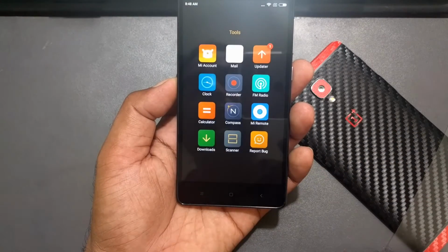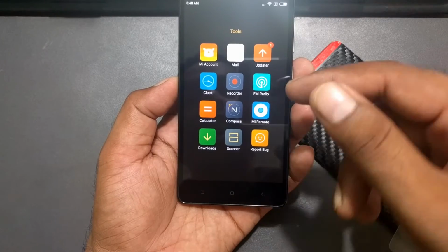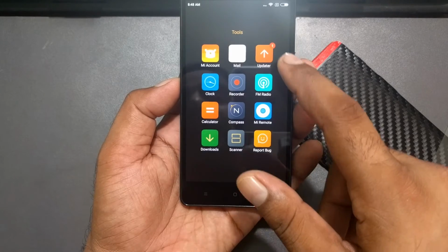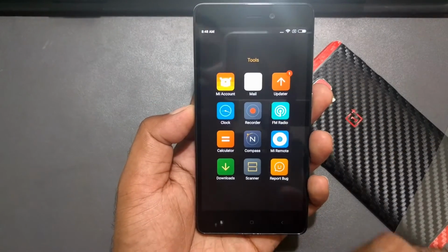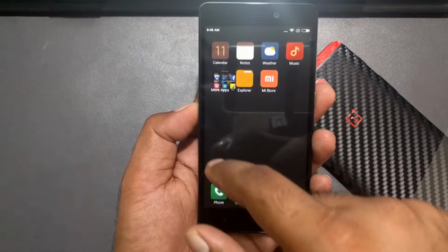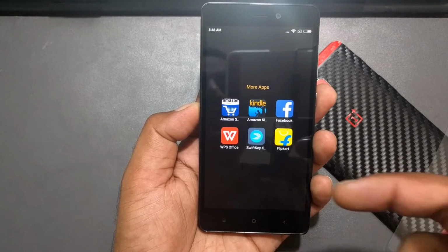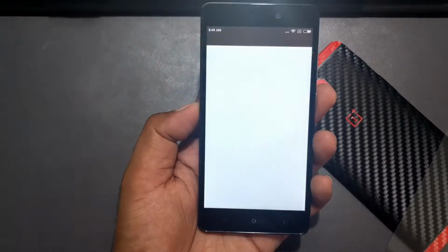So tools wise, you'll get downloads, scanner, bug report, Mi Remote control, if you have accessories like TV and all, you can control that. FM radio you will get, and you already have one update, you can see one notification here on the updater. Mail, Mi Account, you can do that. And right here, Mi Store, you'll get Amazon, Flipkart, Facebook, Amazon Kindle app, SwiftKey is there, and Google keyboard is also built in there. So I've selected Google keyboard. Got the Explorer too,